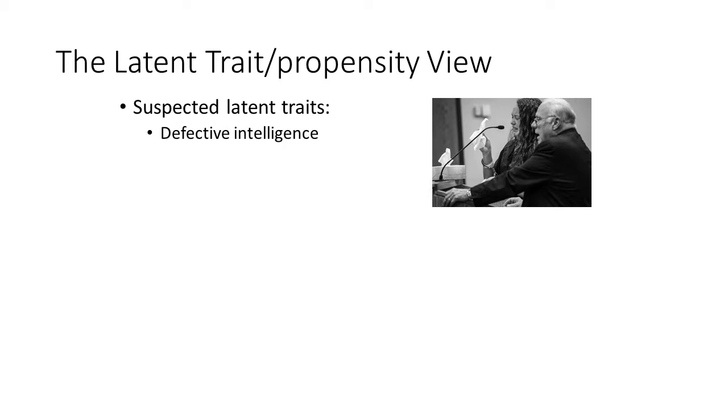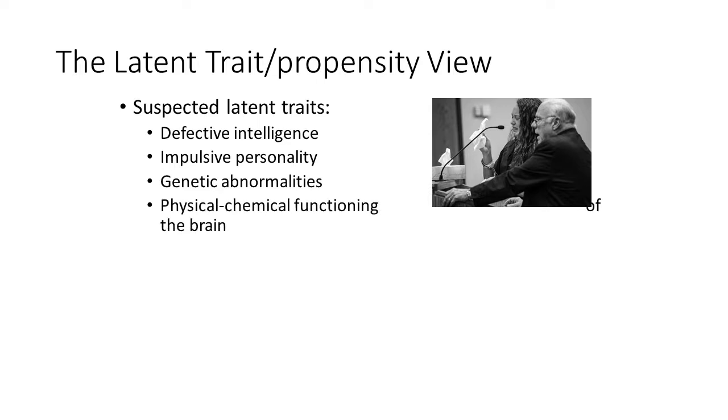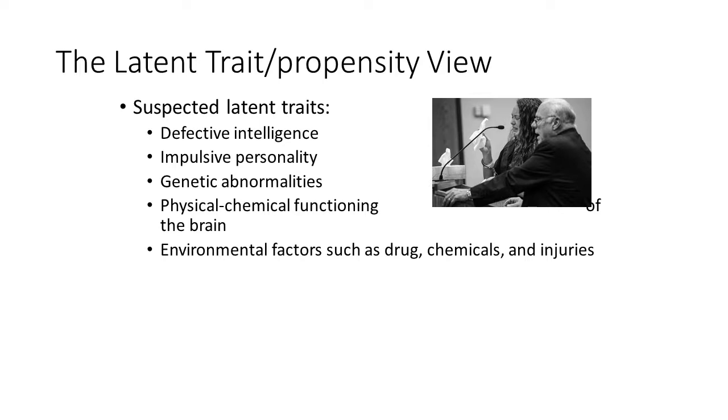Some of these latent traits include impulsivity, defective intelligence, genetic abnormalities, imbalances of the physical chemical functioning of the brain, which is caused by drugs or chemicals and even injuries, as well as personality disorders. The latent trait theory suggests that humans are controlled by a fundamental main trait, which controls